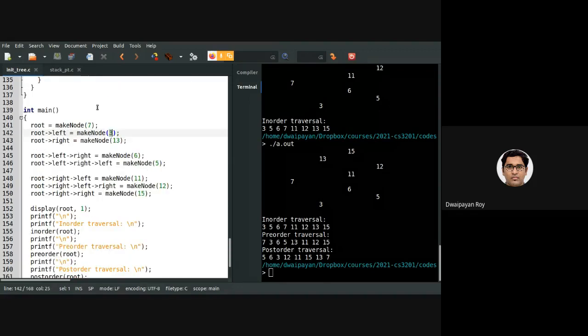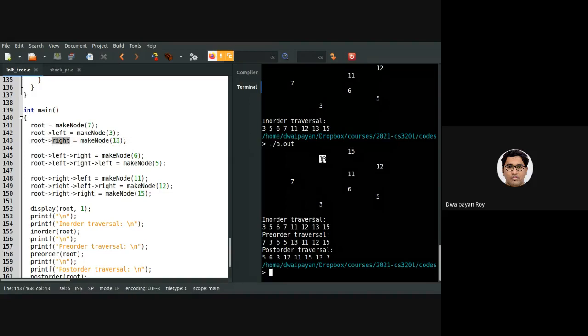So here, the root was 7, as you can see. Then I made another node with 3, which is considered the left child of this root, 7. Then we made another node, 13, which is the right child.